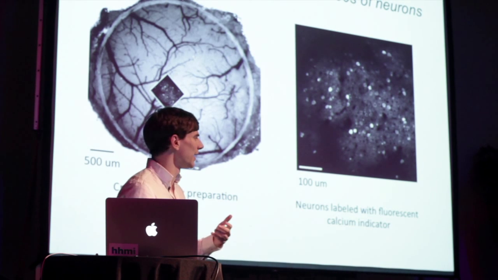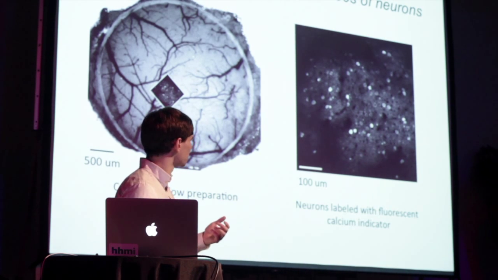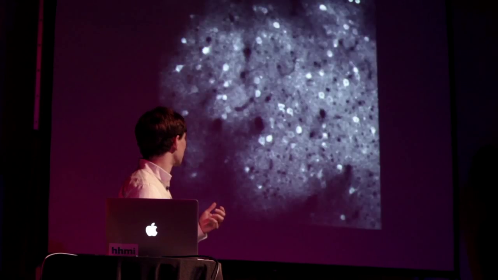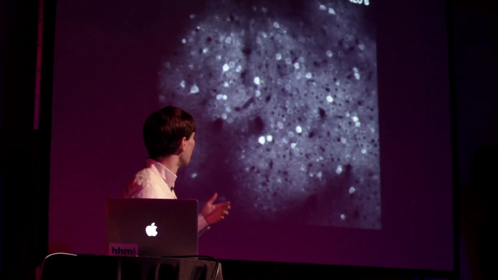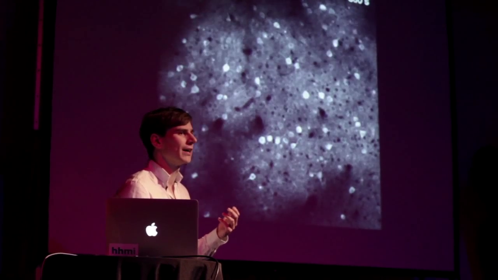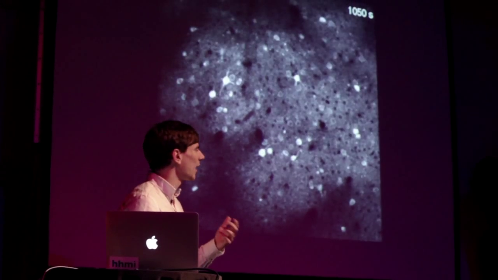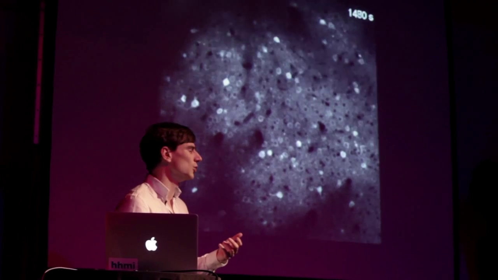Calcium is a proxy for the activity of the neurons. If I show you now a movie of what this looks like, you can see these neurons, this is highly sped up, I should say, blinking on and off. And you then want to ask, well, how does the blinking on and off of these neurons relate to the